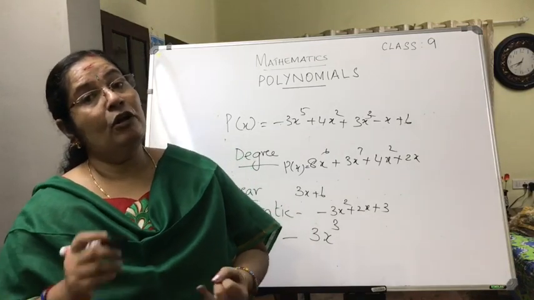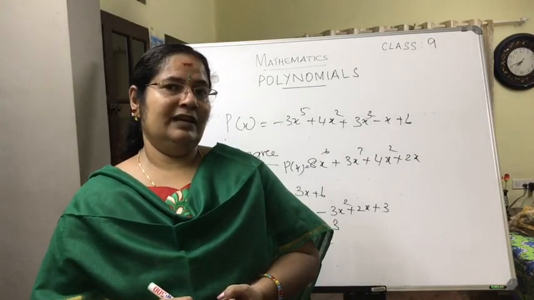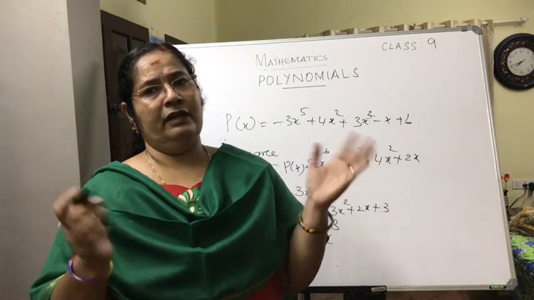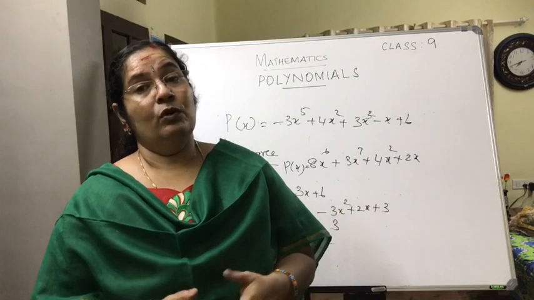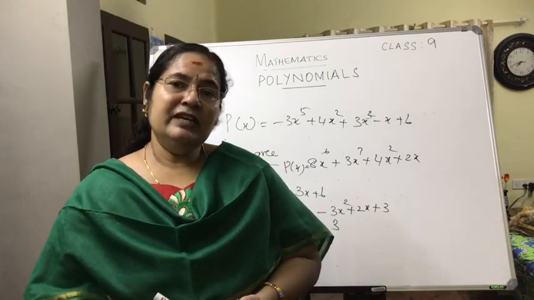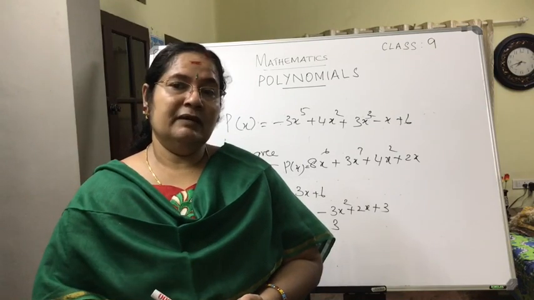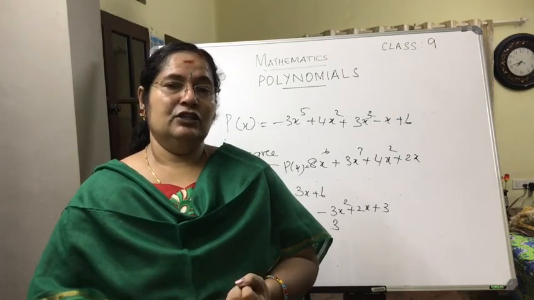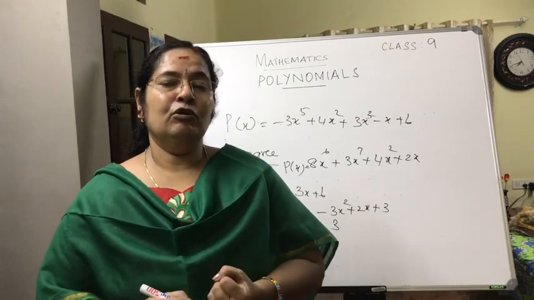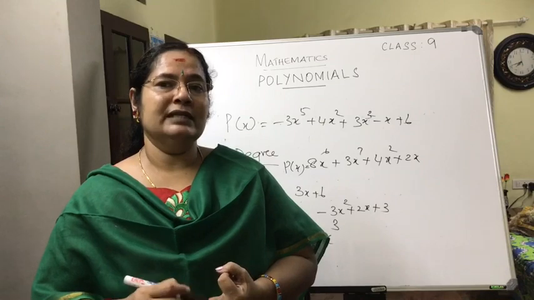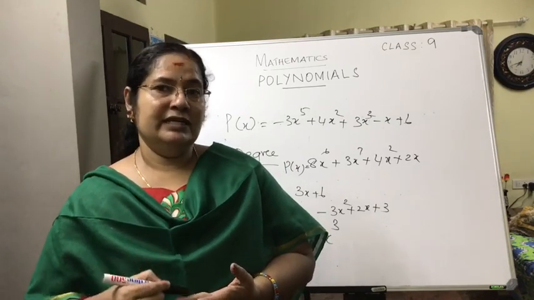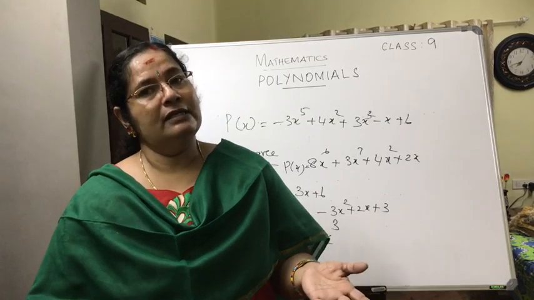Then we have seen about constant polynomial. What is a constant polynomial? Any number can be taken as a constant polynomial: 4, 5, 10, 25, 100. All these are constant polynomials. What is zero polynomial? 0 is called the zero polynomial. Then we have seen that expressions are made from terms. So based upon the terms, polynomials are classified as monomials, binomials and trinomials depending upon how many terms are there. 1 term monomial, 2 terms binomial, 3 terms trinomial, and in general we call it a polynomial.